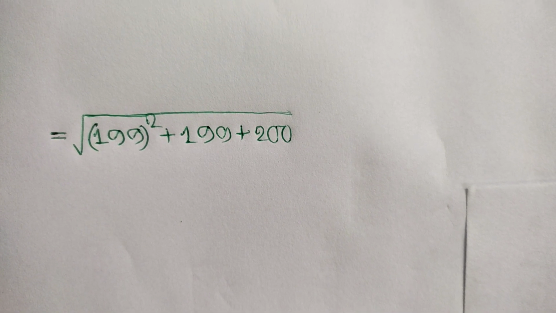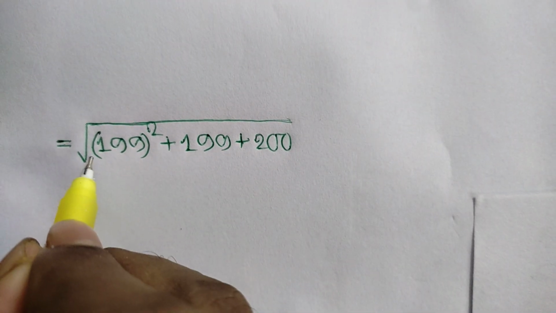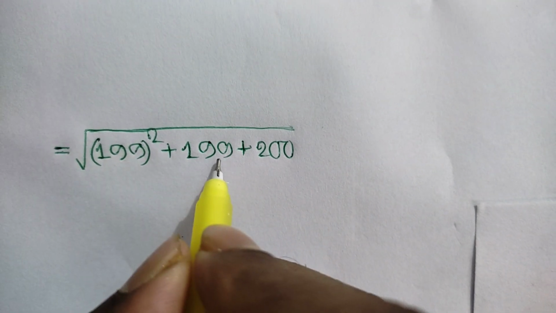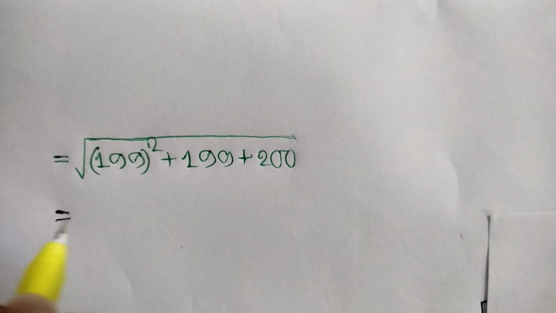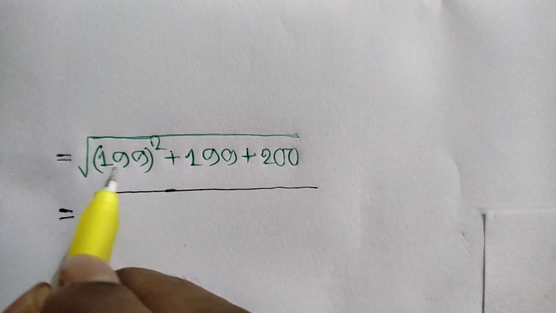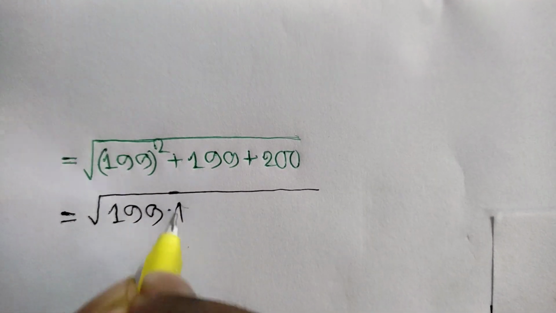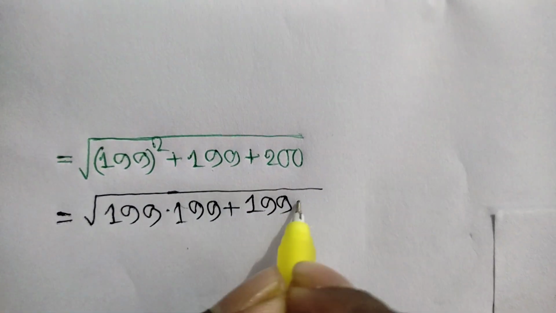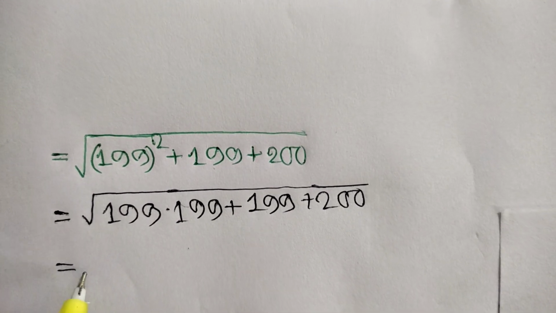Hi everyone, how can we solve this radical problem? Square root of 199 square plus 199 plus 200 is equal to square root of, here 199 square we can write 199 times 199 plus 199 plus 200 is equal to